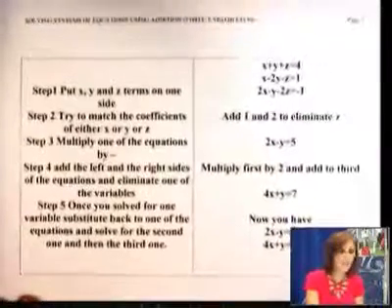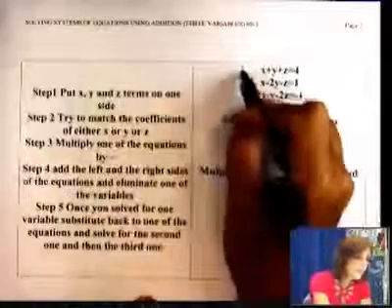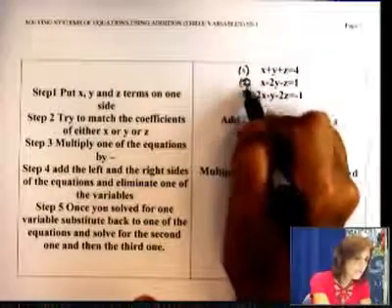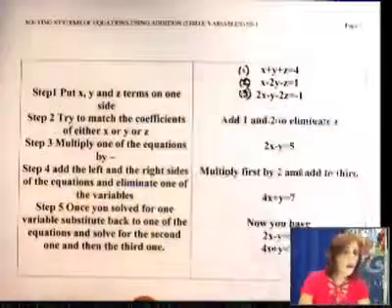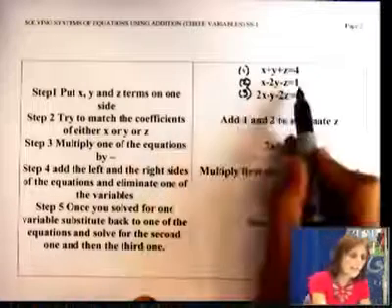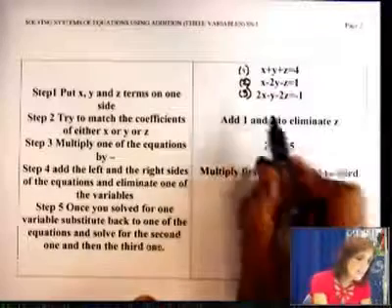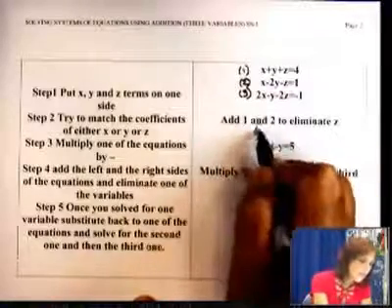Let's assume I have a system that looks like this. So the first thing you should do, have them all on one side, and here are the steps. Just label these equations. And what I also do, I go and I rewrite them, and then this one says add 1 and 2 to eliminate Z. So you can write 1 and 2 here